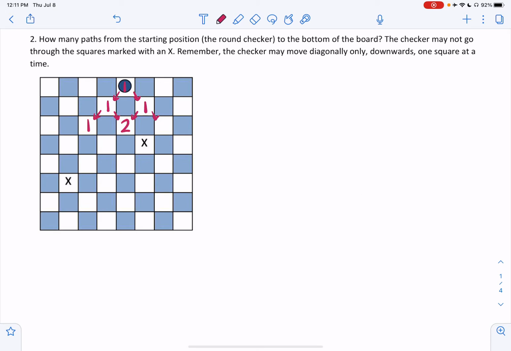And 1 plus 1 is 2, and that one's only touching a 1. Okay, so I just keep going. 1 plus 2 is 3. And now I've hit one of those x squares. We cannot move to this x square, so I'm just going to skip it. I'm just not going to touch it, and I'm just going to move on with the square on the far